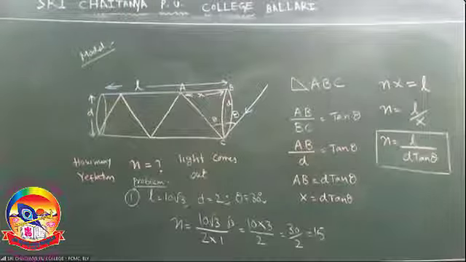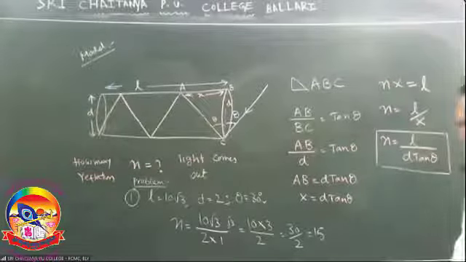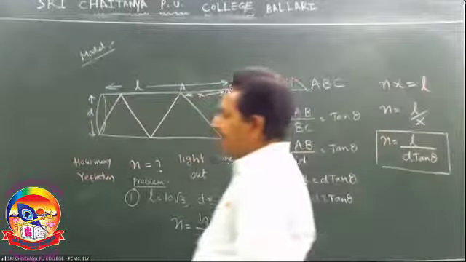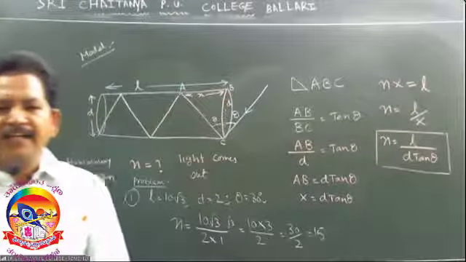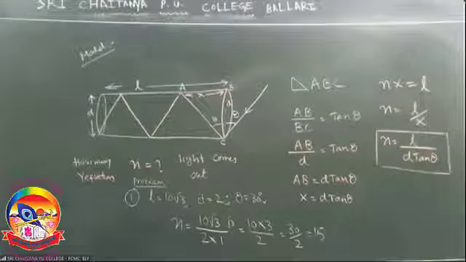So already 2 models I completed. What is the first one? After the second reflection, the ray retraces its path. What is the relation between I and theta? I is the angle of incidence. Theta is the angle between the 2 mirrors. Directly we can write I is equal to theta.